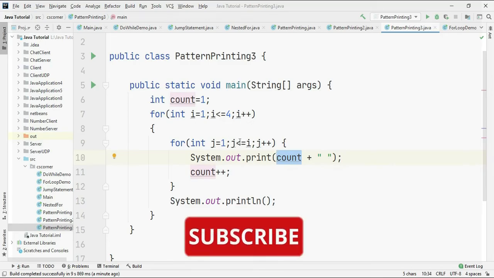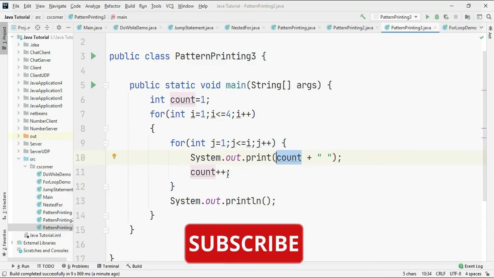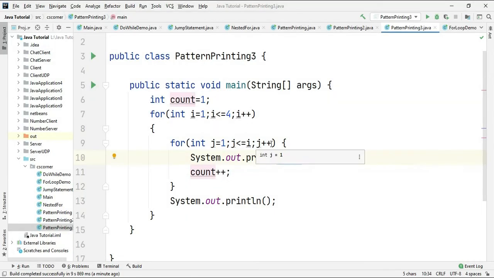j is 1. Is 1 less than or equal to 2? Yes. So what it is going to do, it is going to print count, which was 2. Then count will be incremented. Count becomes 3 now, and here j becomes 2. 2 less than or equal to 2? Yes. So 3 will be printed, and then again count becomes 4, and here j becomes 3. 3 not less than or equal to 2. So what will happen? It will come over here and it will increment i. Similarly, it will print the rest of the values.